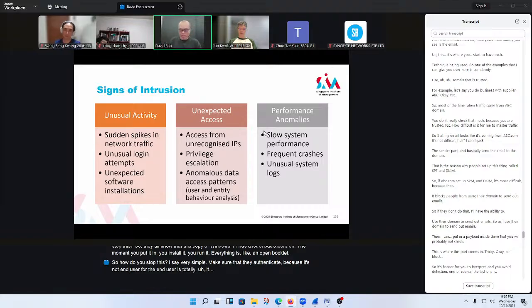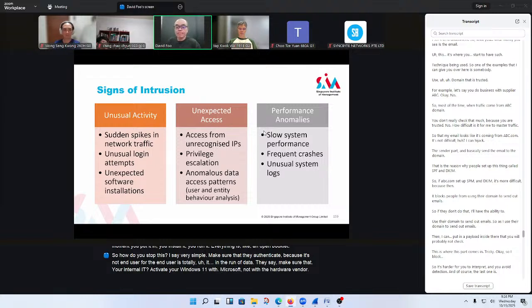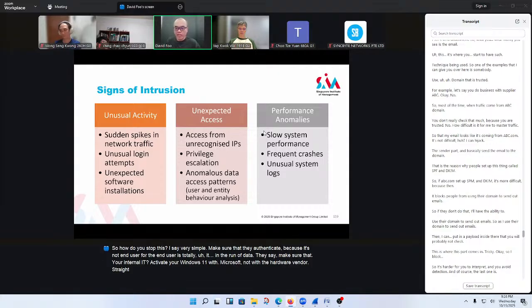Make sure that your internal IT activates your Windows 11 with Microsoft, not with the hardware vendor. Straight away, you know that it is illegal already. So this is where illegal software has its issues.